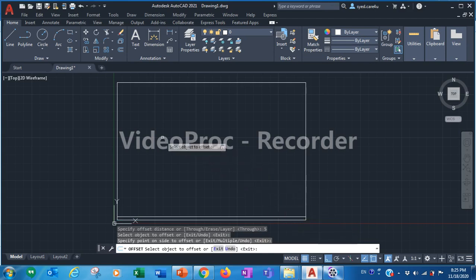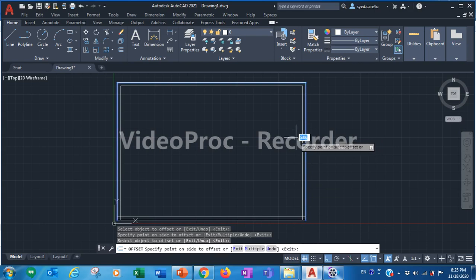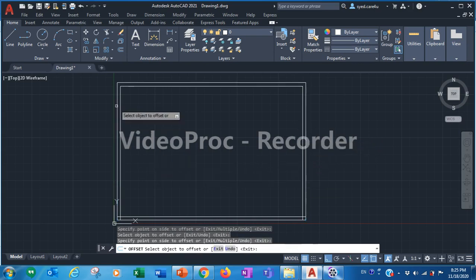These are the 3 lines which are connected, so from here also I need to create 3 lines at a distance of 5. No need to mention 5 once again. Simply click here and move it. So it created the rectangle.